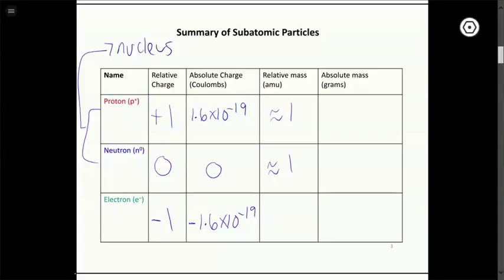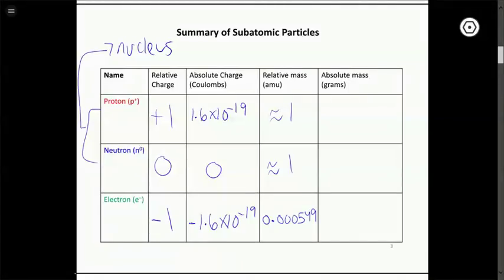So those are localized together at the center, in a very dense mass in the middle. The electrons contribute very little to the overall mass, and in general they're ignored when we talk about the mass of an atom. So the relative mass of an electron in AMU is